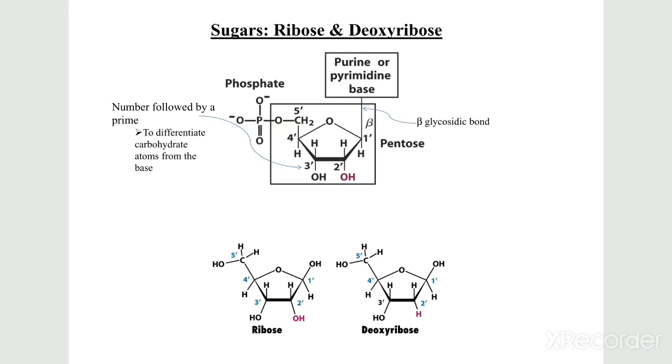On the other side, at the number 1 carbon, a purine or pyrimidine base will be attached, but it will form a beta glycosidic bond. I mean, why beta but not alpha? When the hydroxyl group is present at the upper side of the anomeric carbon, then it will form a beta glycosidic bond. However, if the hydroxyl group is present at the lower side of the anomeric carbon, then it will form an alpha glycosidic bond. Here you can see the carbon 1 is the anomeric carbon because it is directly attached to the